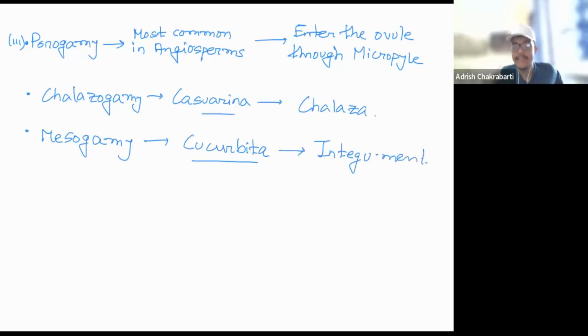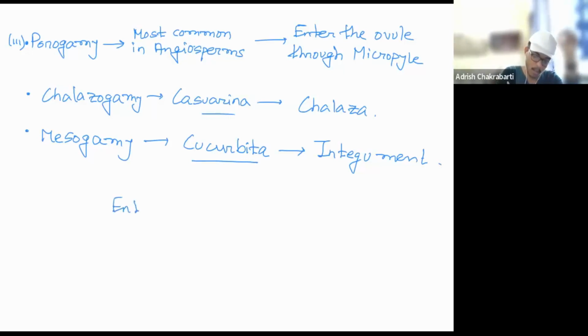Okay, so I had discussed this in detail. I just added examples, which I probably had missed in the previous lecture. So what happens in porogamy? The growing pollen tube enters the ovule through the micropyle. This is the most common in angiosperms. In chalazogamy, the pollen tube enters the ovule through the chalaza, and in mesogamy, it enters the ovule through the integuments. But we have to keep this in mind that